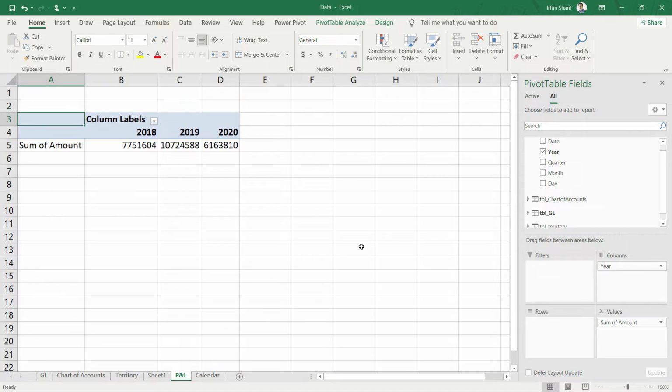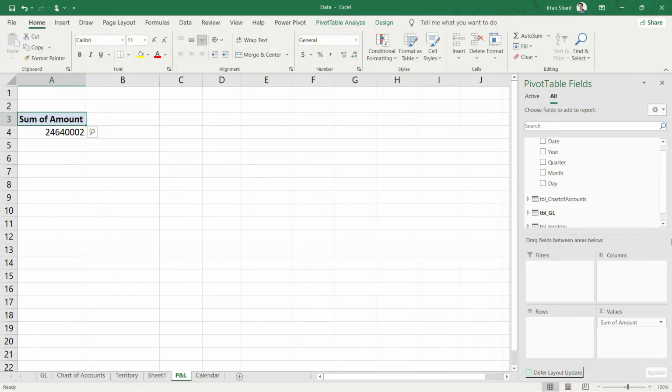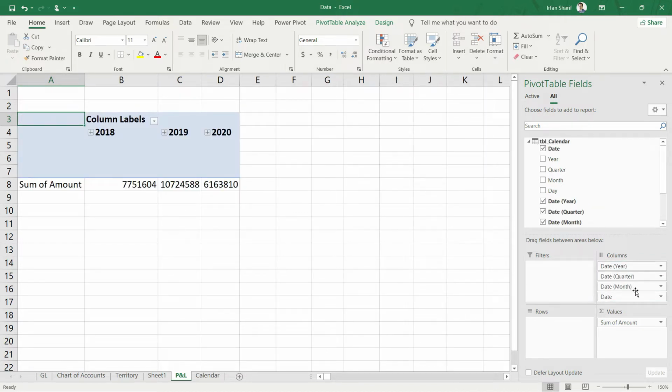If you want to split your 2018 by quarter or by month, you will not have the option here, because this field here is a static year field. So rather than bringing this static year field from here, I will drag it out. I will remove this field from here, and I will drag down this date field from here. And once you do that, just give it a second, and you will notice that Power Pivot has actually created a complete hierarchy, and that hierarchy is going as year, then quarter, and then month, and then date.